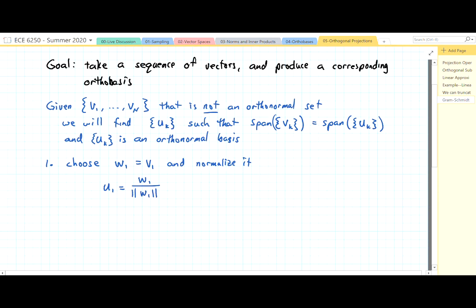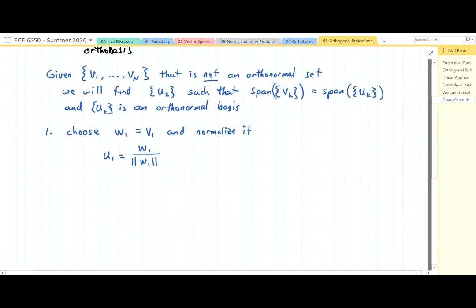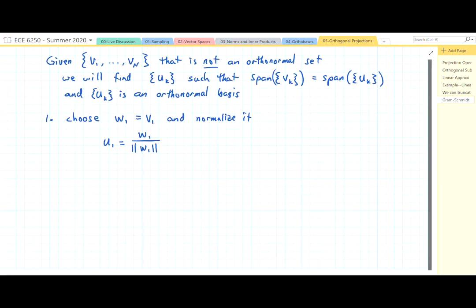So that's whatever our induced norm is, that's what we're going to use. So one thing to note is we're off to a really good start in that U1 is an orthobasis